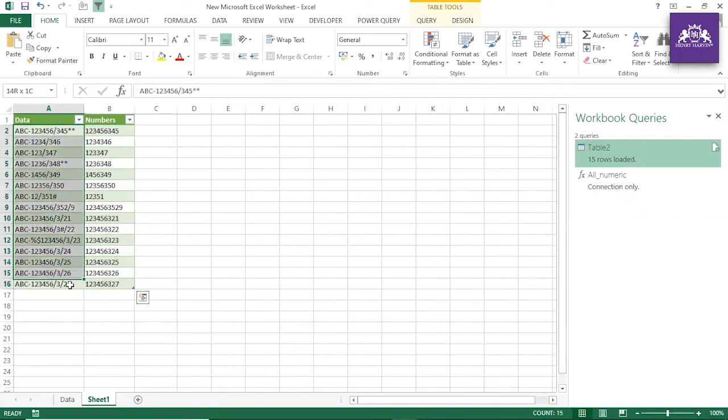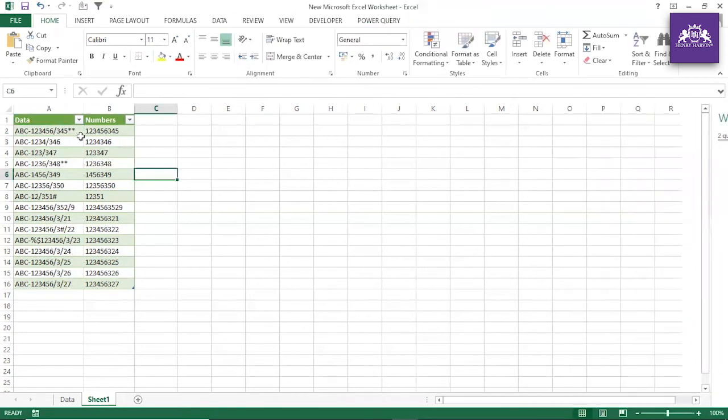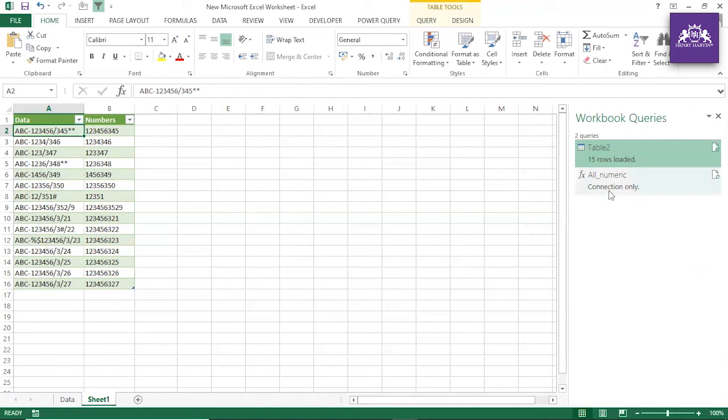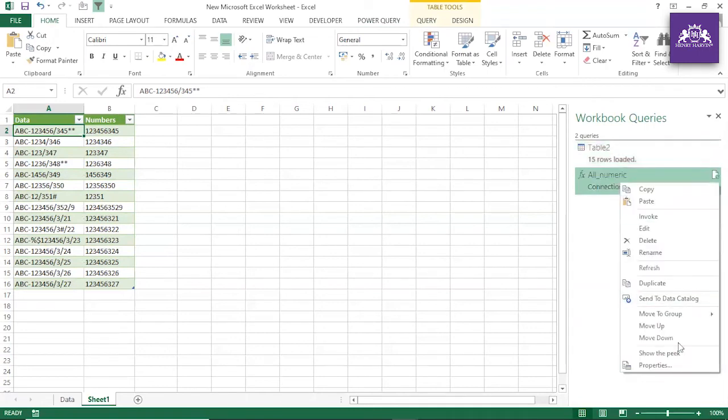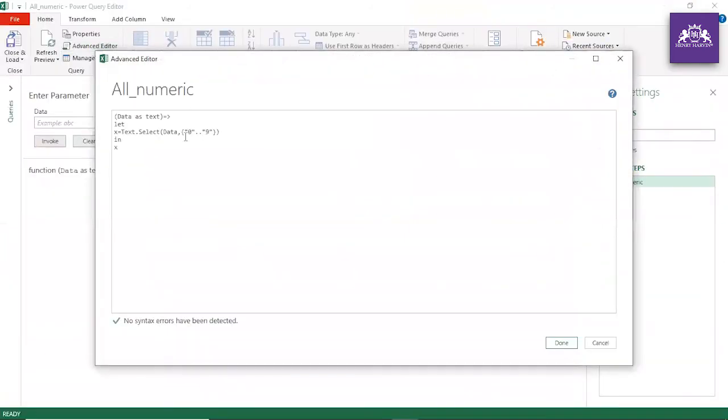If you write it in VBA, that we have already covered, you have to loop through all the characters, and until numbers are found, you have to store all the numbers to one of the variables and then produce the variable. If you look at both the codes, actually if you look at this query, go to edit and then go to advanced editor. All right, if you look at this code, how easy is that guys?